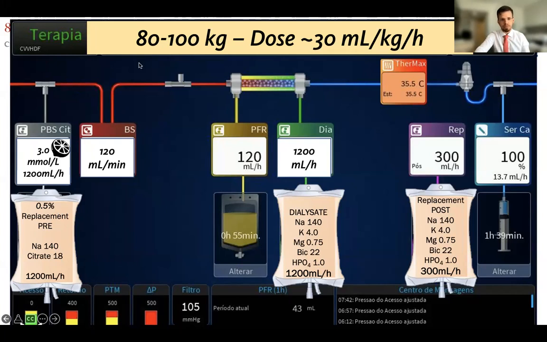Blood passes through the blood pump, then the dialyzer. Here's the dialysate solution, usually with a flow of 1200 mL per hour. The blood keeps going, passes through the warmer and bubble trap, gets the replacement of calcium, and then returns to the